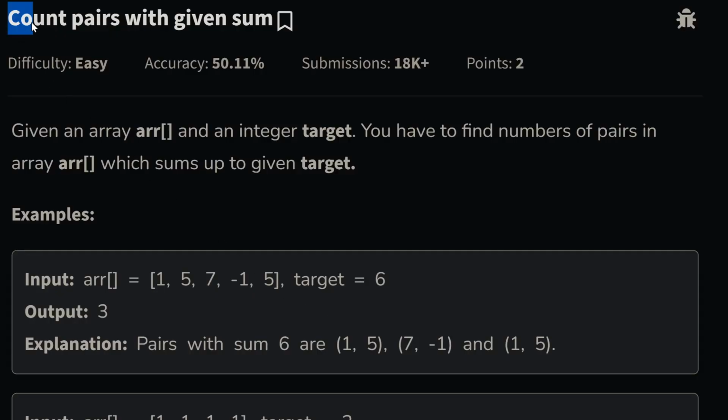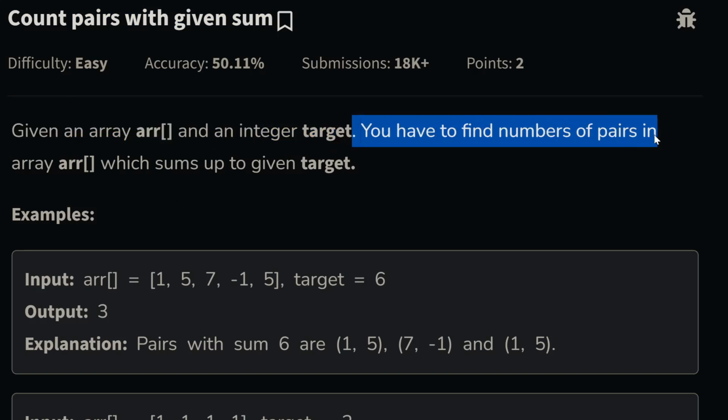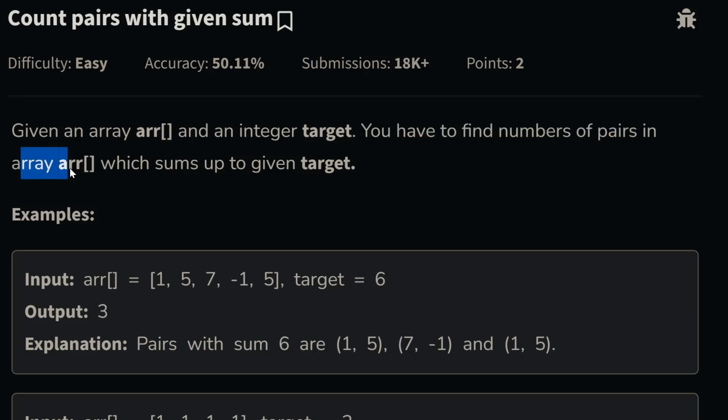Here we go. We have a question: count pairs with given sum. You are given an array and a target. You need to find the number of pairs in the array which sum up to the given target. So we have this array and we need to find the number of pairs whose summation is